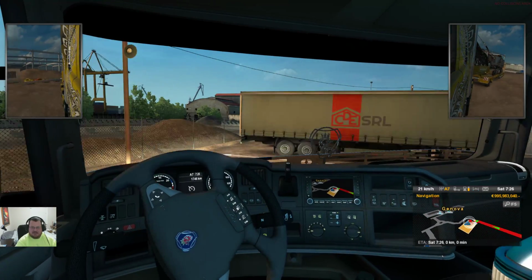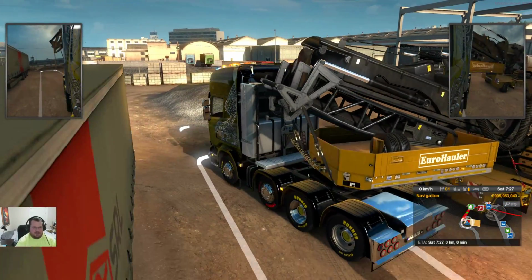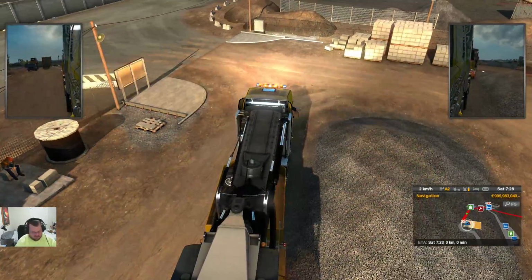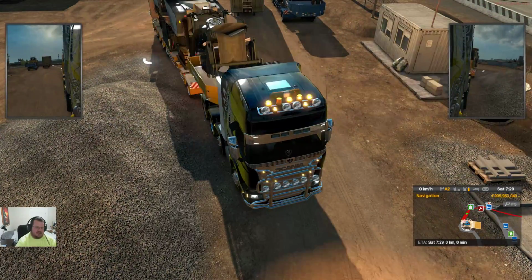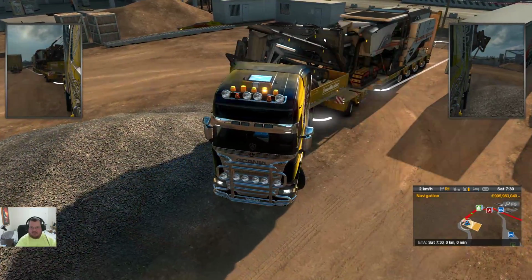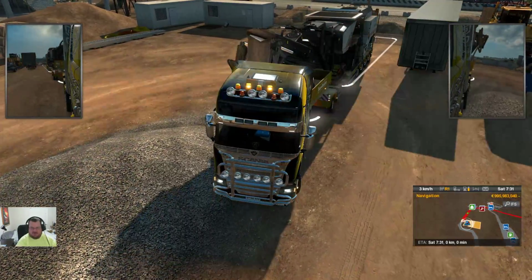One thing I do notice, slow down. I don't think I'm going to clear that. Oh, I did. See? Cabovers. They turn so tight. One thing I do notice when in reverse, these trailers do not seem very realistic. I mean, you can see how the rear of that trailer just kind of looks like it's skidding. I don't think that's very realistic. Going forward it looks alright, but going in reverse it just...